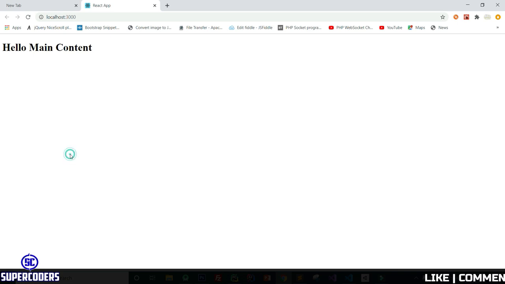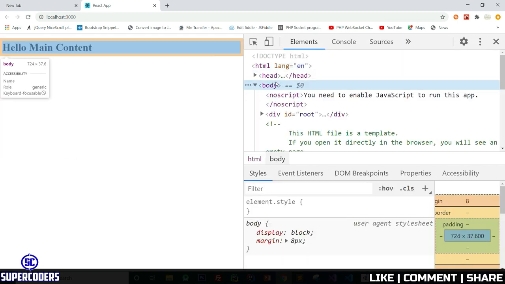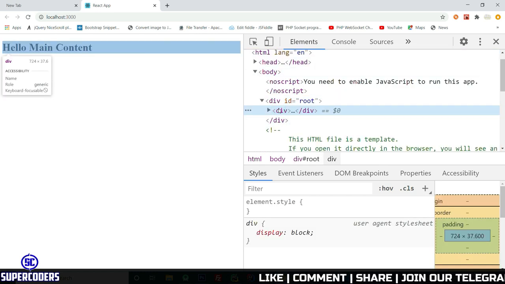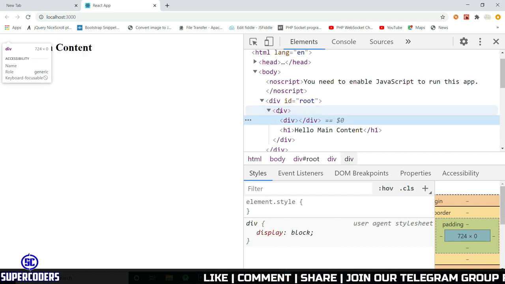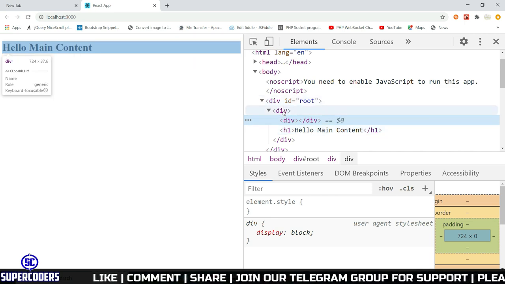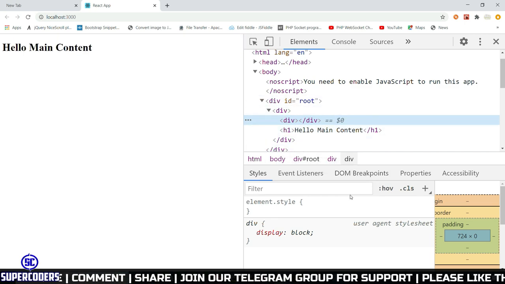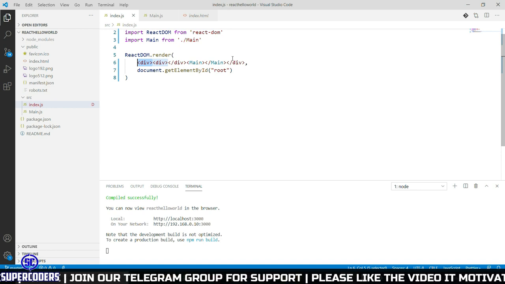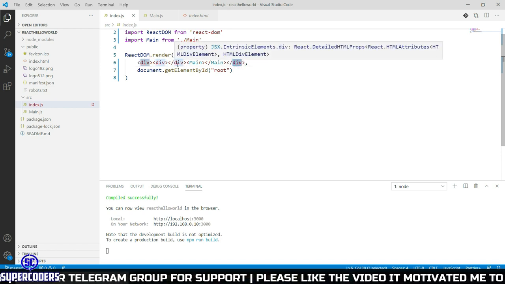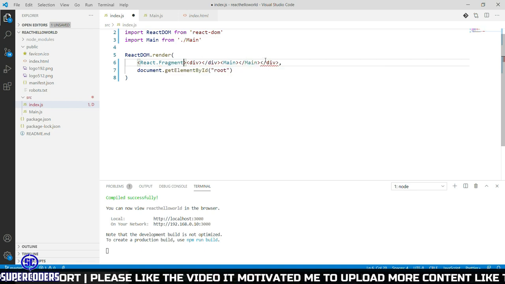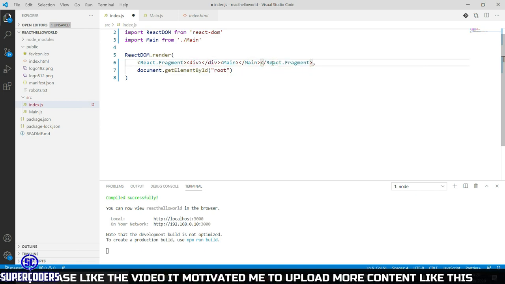So basically what I am saying is your parent node must be a single node. So here you can see our first must be a parent. So you can't pass two parent nodes in render method. You need to create a first single node, then pass in our render method. You can see here I created a first parent node, which is this, and close here. So you need to enclose in a first parent tag, or you can use another way like React.Fragment, and close React.Fragment.